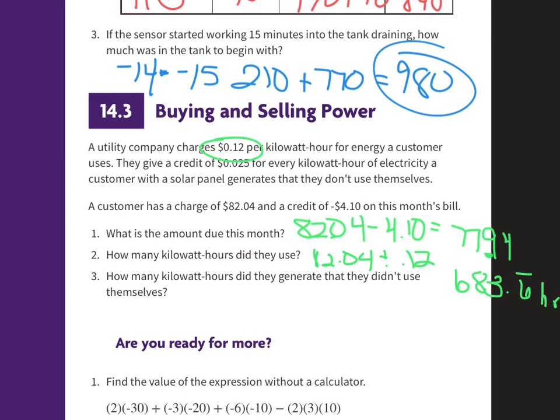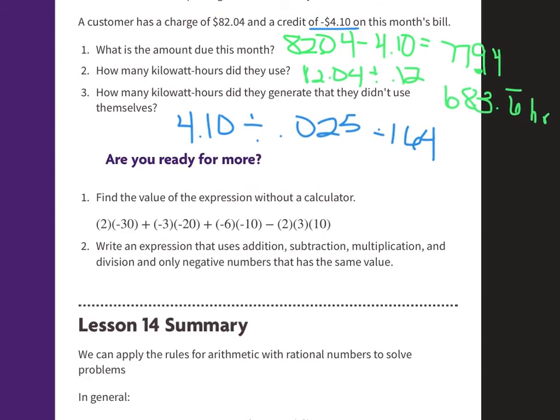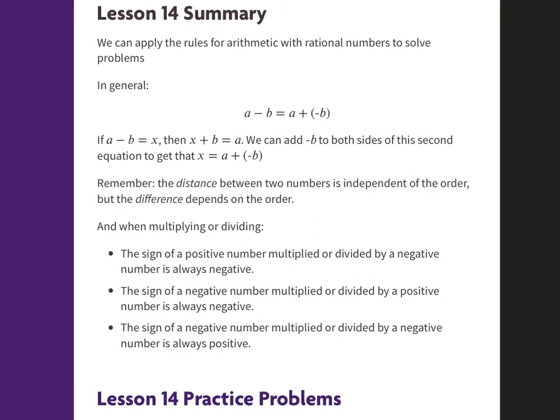Okay, and how many kilowatt hours did they generate? So then we take the credit, $4.10, so $4.10 divided by the 0.025. So 4.10 divided by 0.025 gives me 164 hours. Okay? And that is it. So looking at the summary, we can apply the rules for arithmetic with rational numbers to